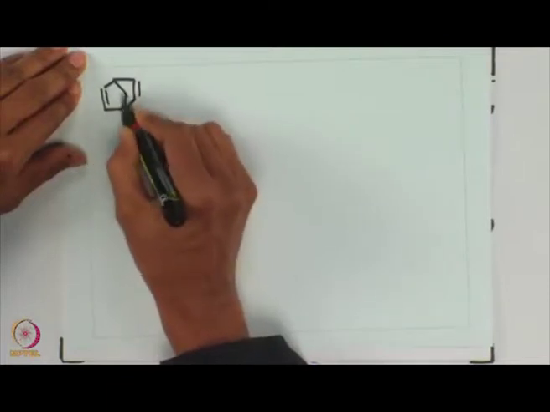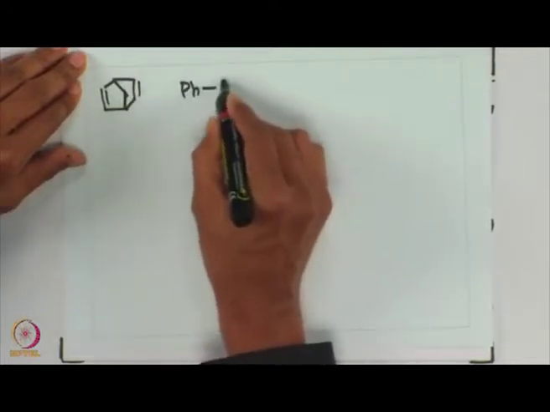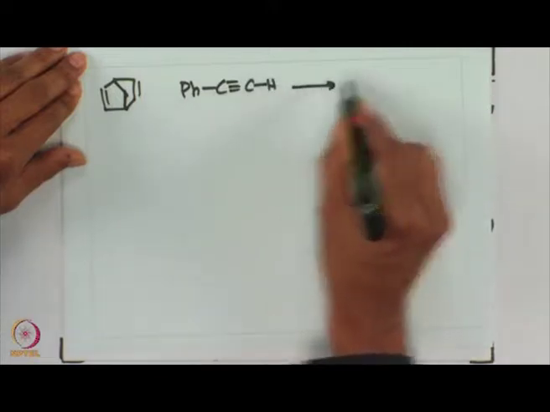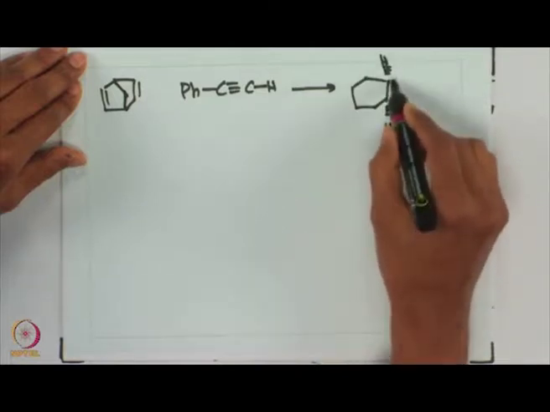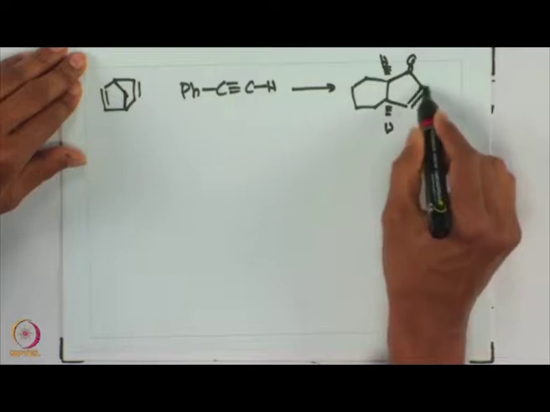Let us look at some of the specific examples by utilizing this norbornene or norbornadiene as an olefin counterpart along with an internal alkyne or terminal alkyne to give you the Pauson-Khand product, which was reported in mid 90s. Okay. Let us look at those examples. So, we will take norbornadiene as the first example, where phenylacetylene is utilized as the substrate to give you the final product,